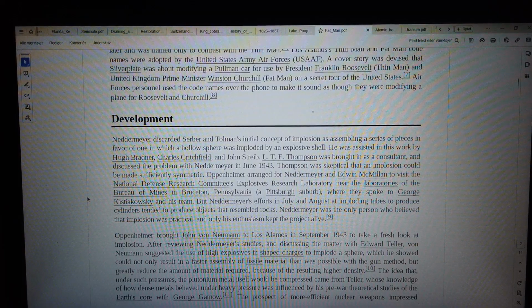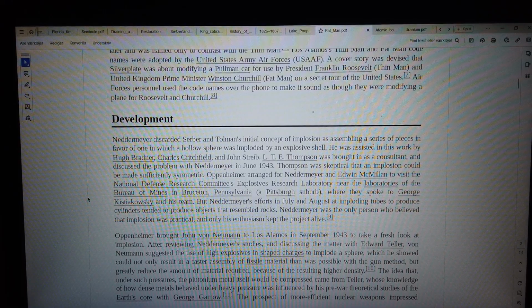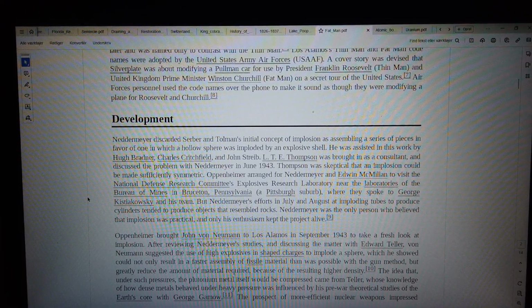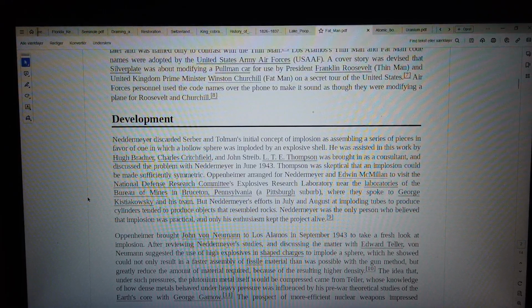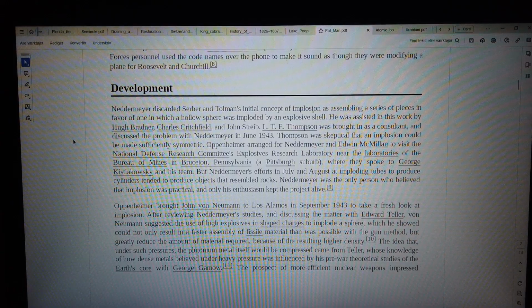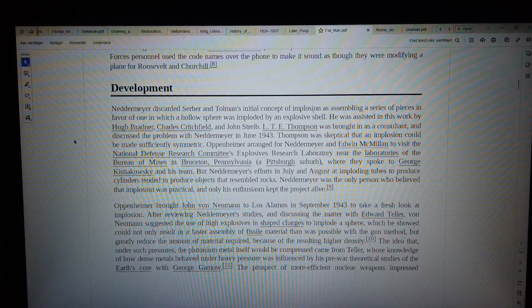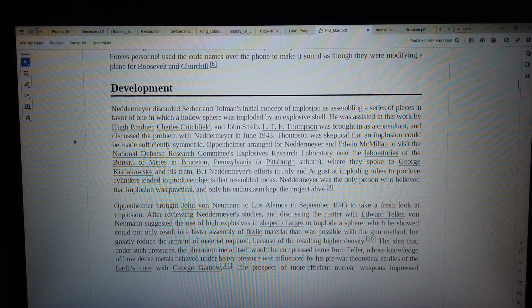The idea that under such pressures the plutonium metal itself would be compressed came from Teller, whose knowledge of how dense metals behaved under heavy pressure was influenced by his pre-war theoretical studies of the Earth's core with George Gamow. The prospect of more efficient nuclear weapons impressed